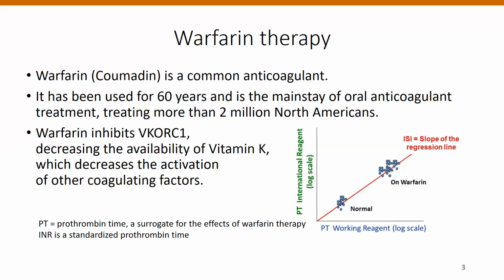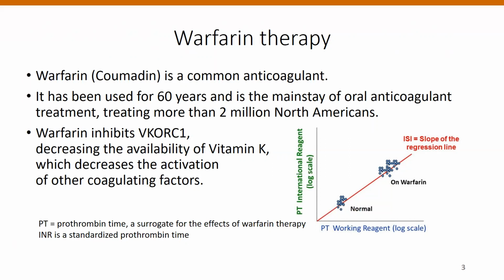which in turn decreases the activation of other vitamin K-dependent coagulation factors. So you can see here on this small excerpt of a graph that I took, the coagulation rate of normal people and the coagulation rate on warfarin, and this is measured by measuring something called prothrombin time, which is a surrogate for the effect of warfarin therapy. The change in prothrombin time is affected by vitamin K-dependent coagulation factors,